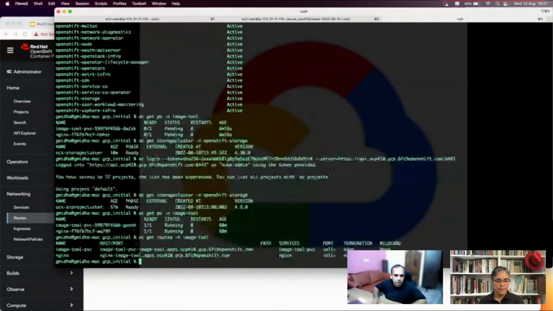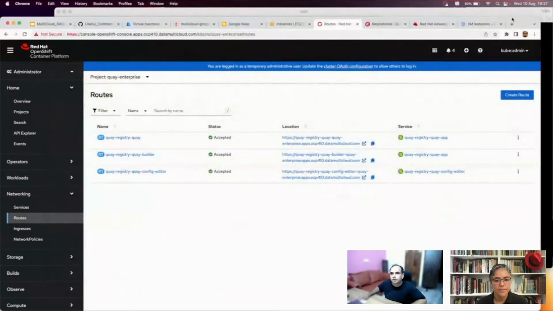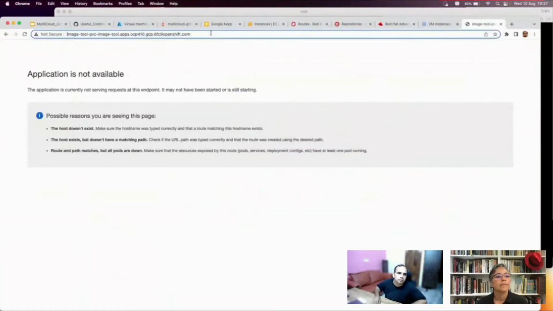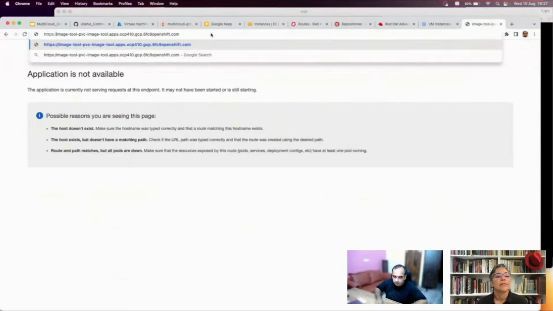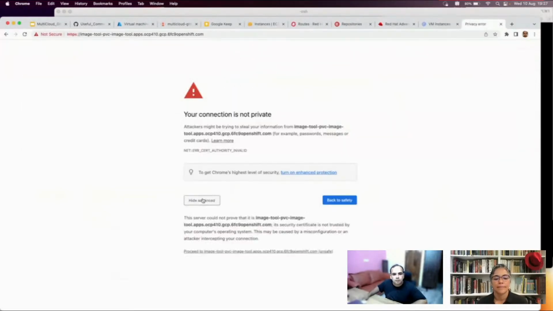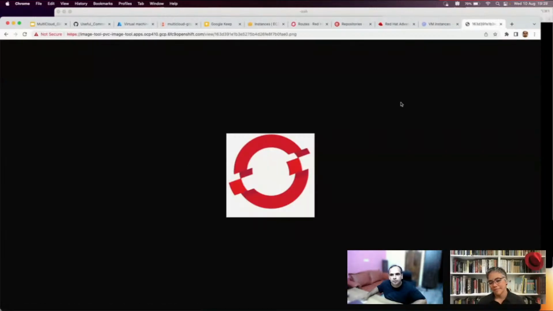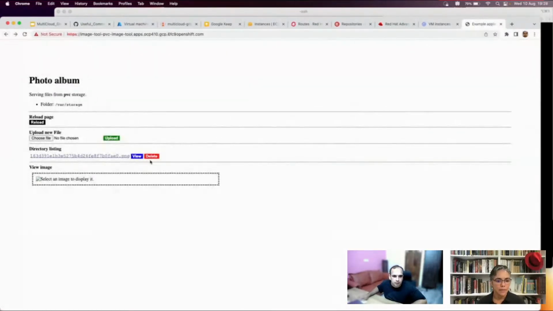So these are the two routes for our image tool application, and let's open this application here. See here, I uploaded this image in the GCP one when I was working earlier. So this is the image which is stored in GCP. And if I click on the delete,